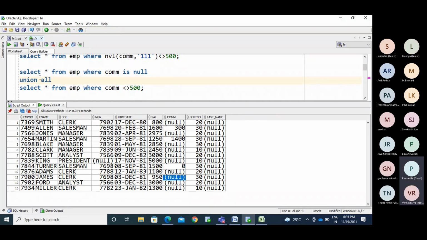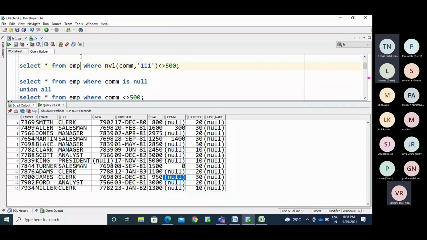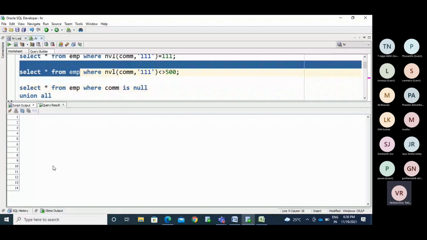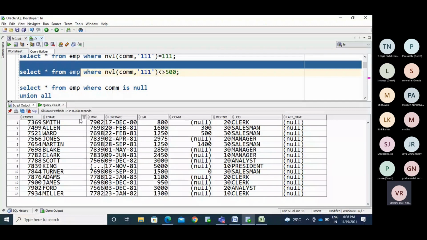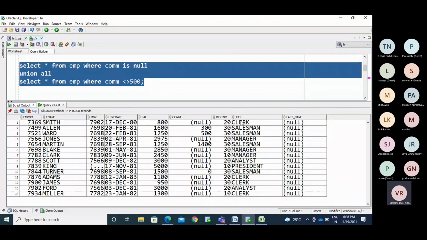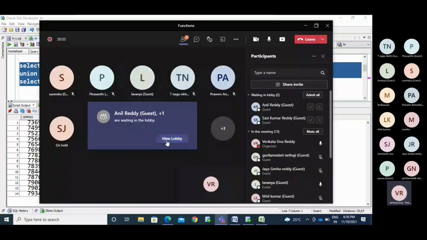Okay, if I use union and union all, is there any difference? Yes. Union all will display every number. See the employee information here: I have 14 records. Now I am running this query. How many records will I get here?